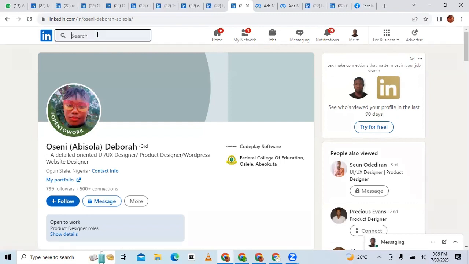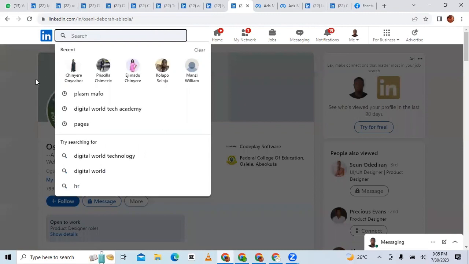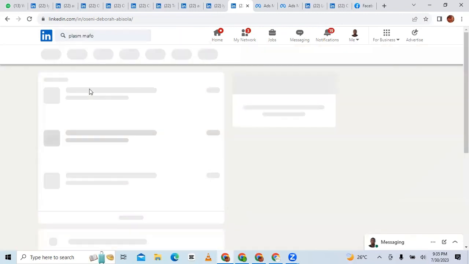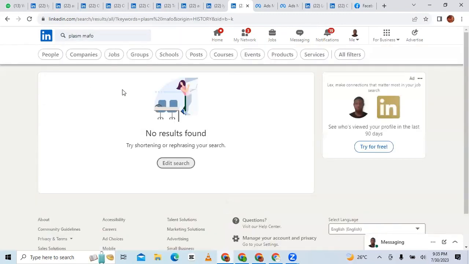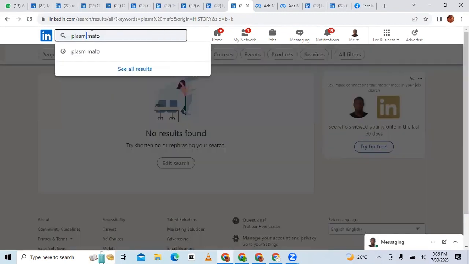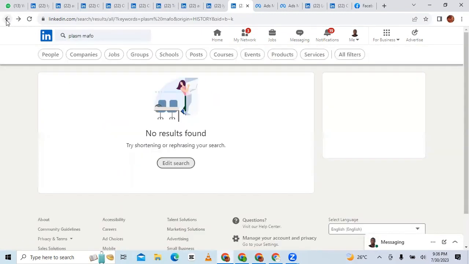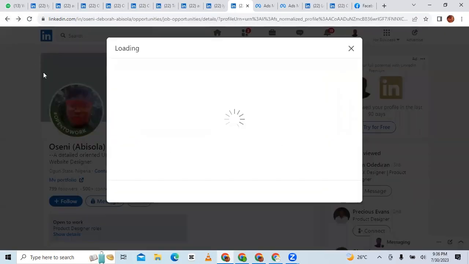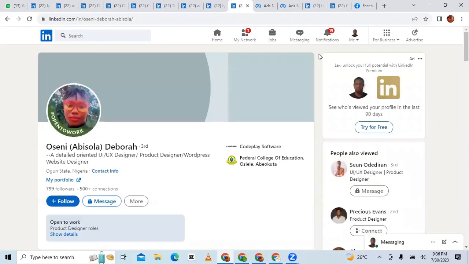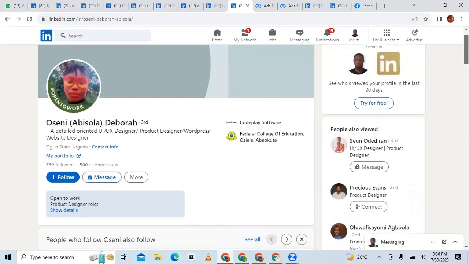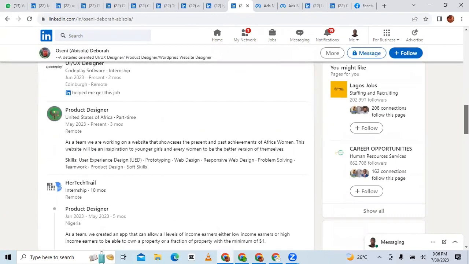So all you just have to do is come here, search for the kind of people, or if you know somebody that you know personally, build your connections. By all means, come search for people and make sure that you have a minimum of 500 connections. It is very, very important, right? So that's another thing. Build your connections. Then the next thing I want to show you